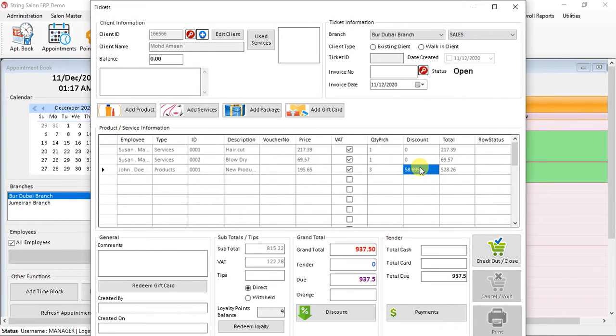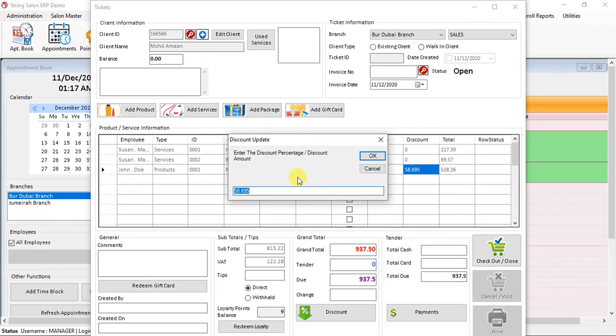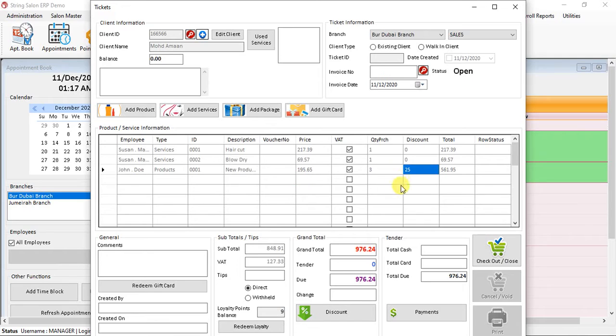If you want to give a direct amount, for example 25 dirham or riyal discount, you can give 25, so the 25 is applied to that, and the total amount comes accordingly for that particular line.